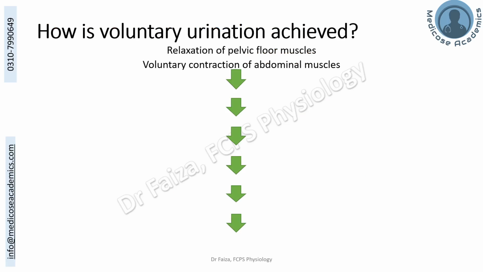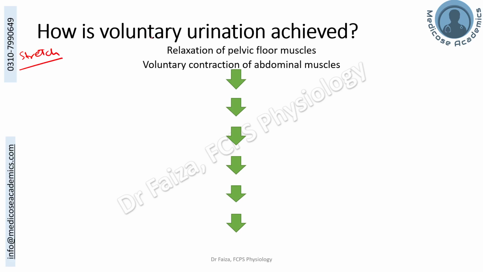So while the voluntary control has a role to play to lead to or inhibit the micturition, on the other hand, voluntary action can be used to even initiate the micturition reflex as well. Normally, we said the micturition reflex is initiated by the stretch of the receptors in the posterior urethra because of the accumulation of the urine.